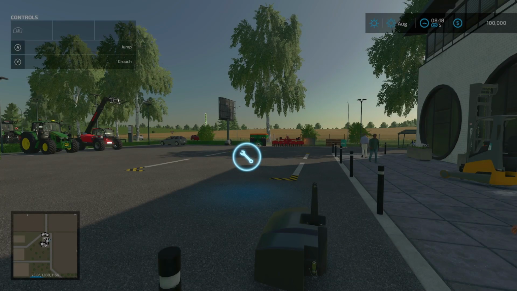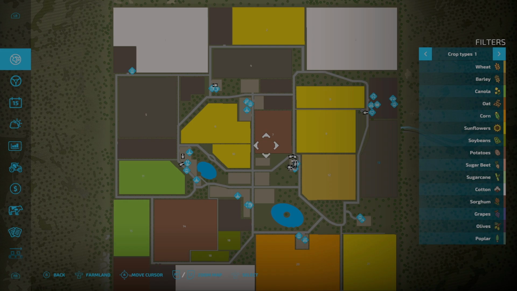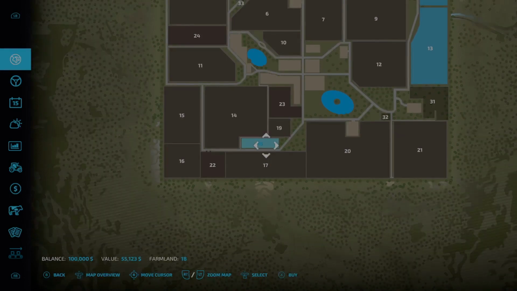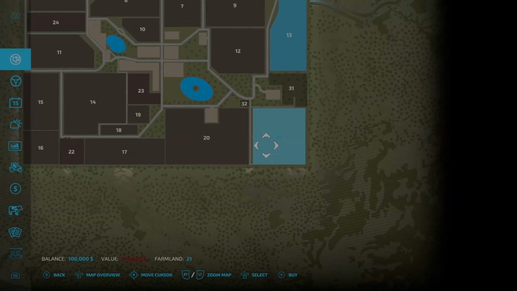So if we take a look at the map, there are no required mods for this map. And if we take a look at it, this is what it looks like. And as we take a look around, the fields are relatively large, but there are some smaller ones. So you can see 62,000. You got 55,000, so I mean you can start out with some relatively decent